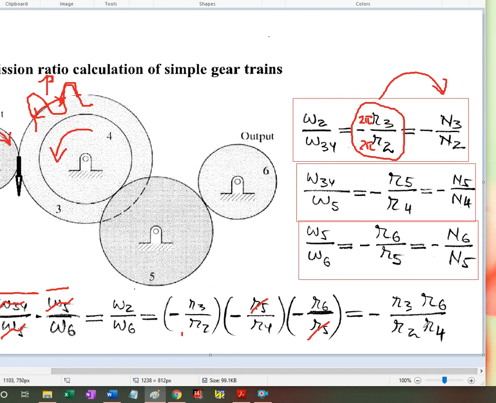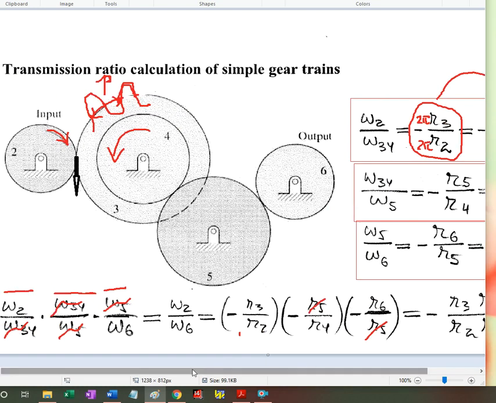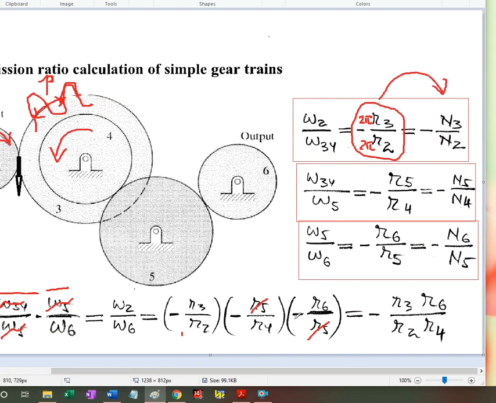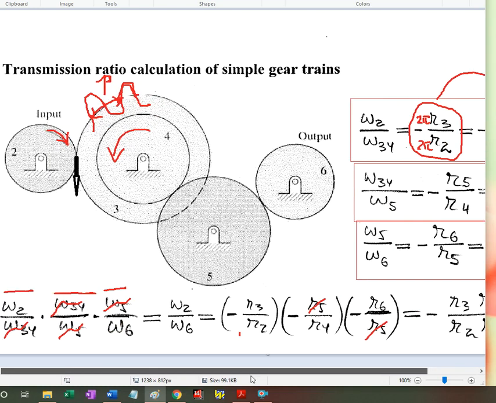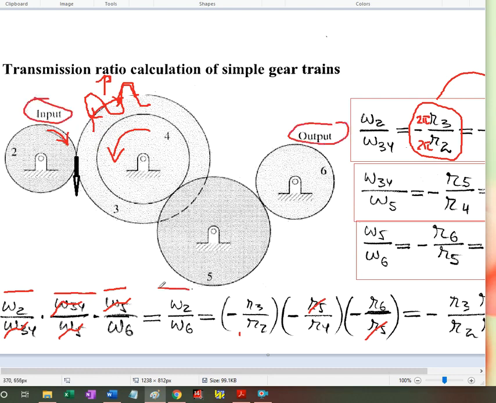And we'll be writing it directly. There's no need to go through these steps. I just explained how we got it. So it's just a matter of, if we're to find an input-output transmission ratio that is omega 2 over omega 6, you just go and say